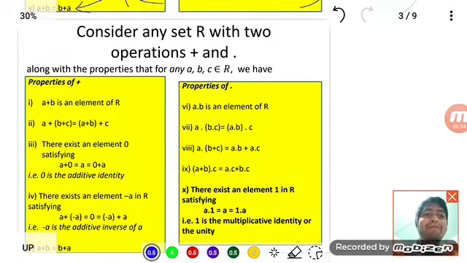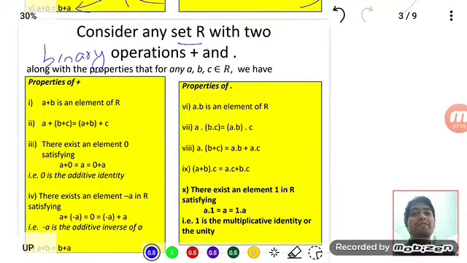So like I said, what we are doing in rings, we are trying to generalize things that we know. We know the properties of integers with respect to plus and with respect to dot. Similarly, we will do it with any set. So consider any set R with 2 binary operations, plus and dot, along with the properties that for any